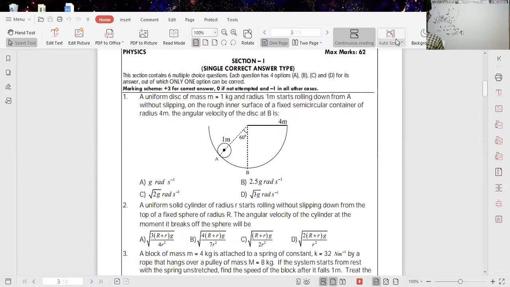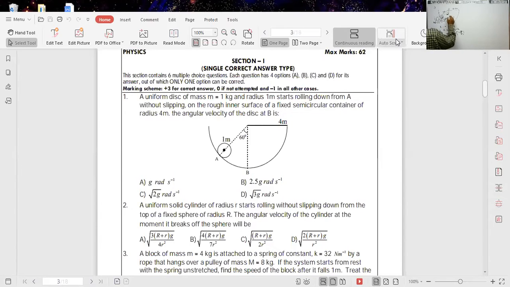Okay, therefore, you substitute the data m, g into here. What about the y value? What about this h value? You see, from this point to this point, this distance is equal to the radius of this entire disk, which is 4 meter. Small r is equal to 1 meter. That's why this is equal to 3 meter only.